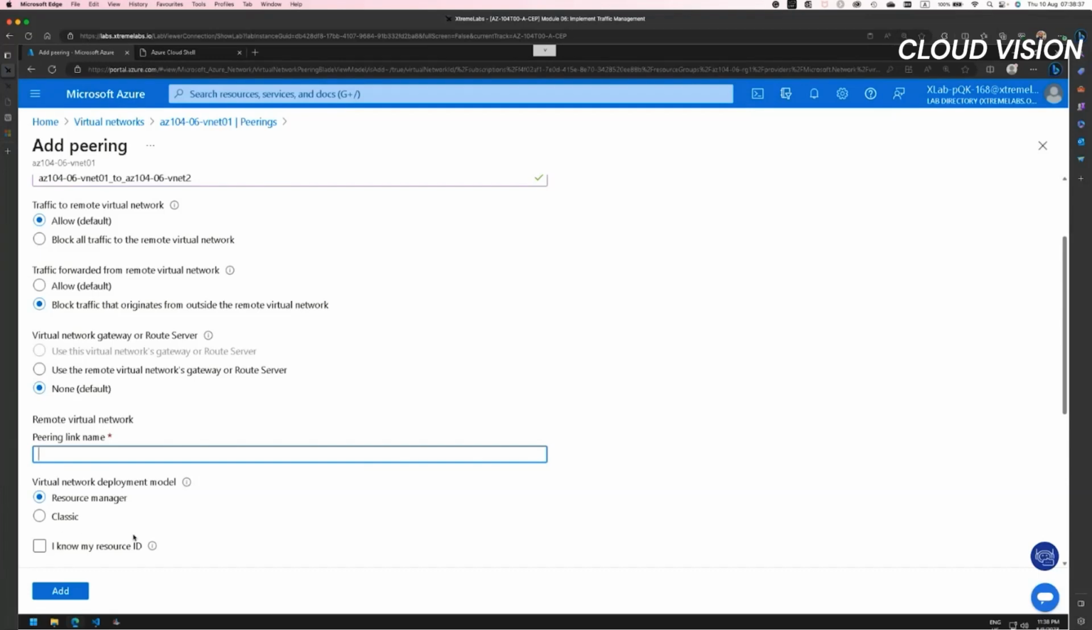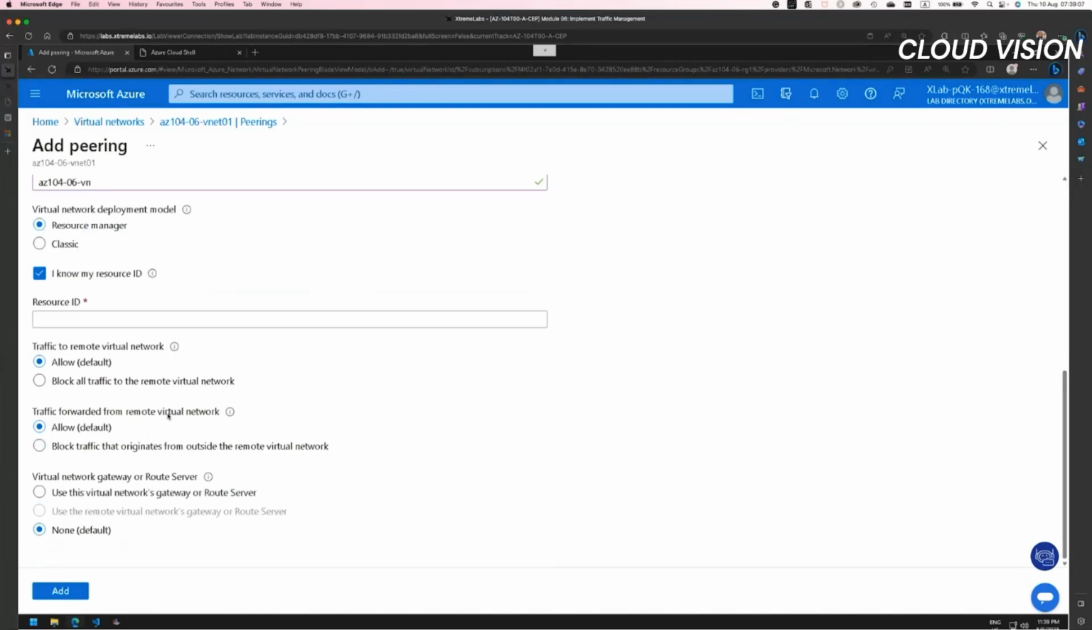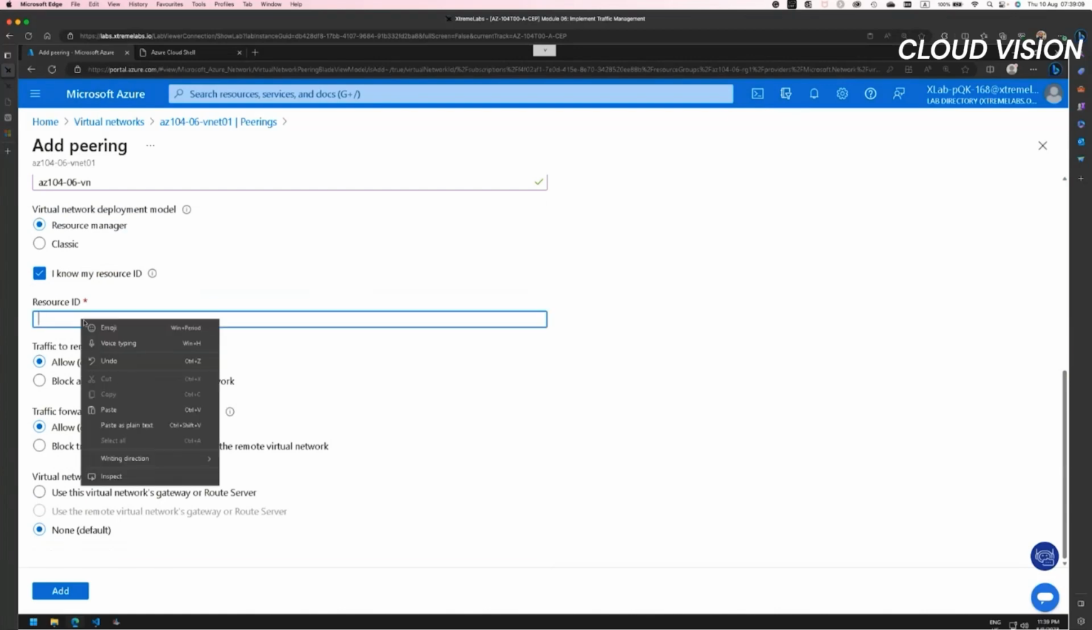It's just got stuck. Okay, so let's give a name here, which is AZ104. Now here, I'm going to put down reverse naming just for identification. What we did at the start of the setup was VNet1 to 2. Now, as a reverse name here, for the resource ID link,